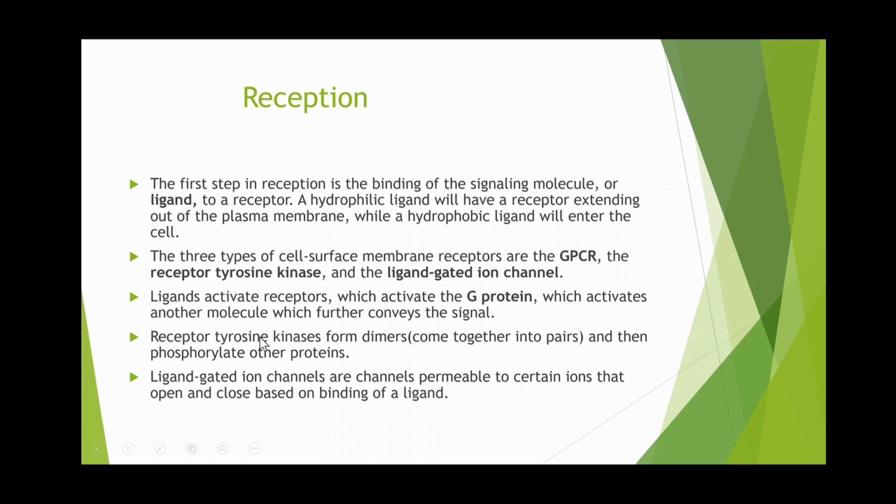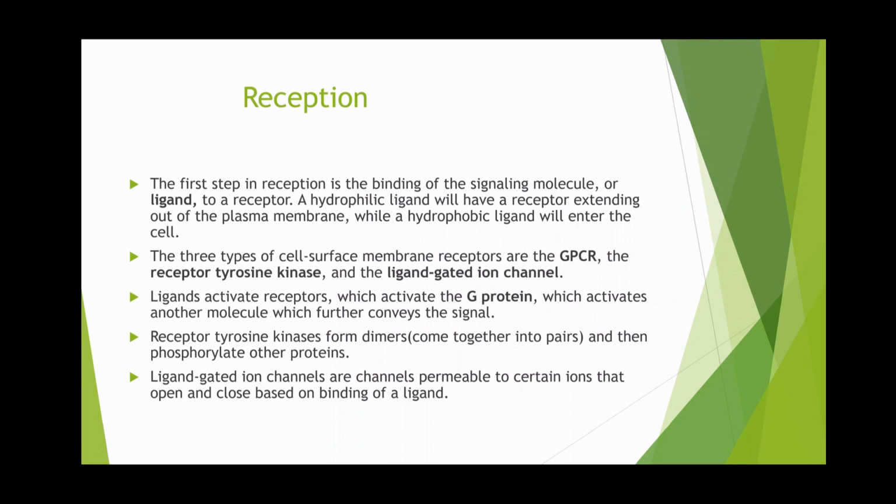So in GPCRs, ligands activate receptors, which then activate a G protein, and then that finally activates another molecule, which conveys the signal. And receptor tyrosine kinases, on the other hand, form dimers. In other words, they come into pairs. So you have one receptor tyrosine kinase and another receptor tyrosine kinase. They come together, and then they break down ATP. They break down approximately 6 ATP, and then using those extra inorganic phosphates, they phosphorylate other